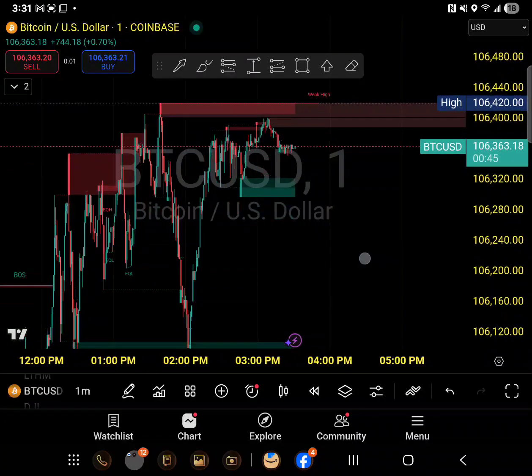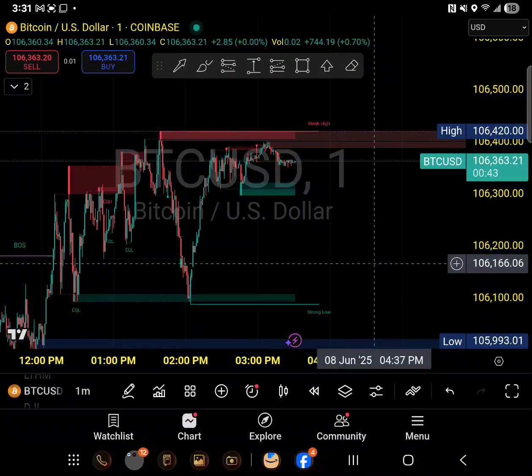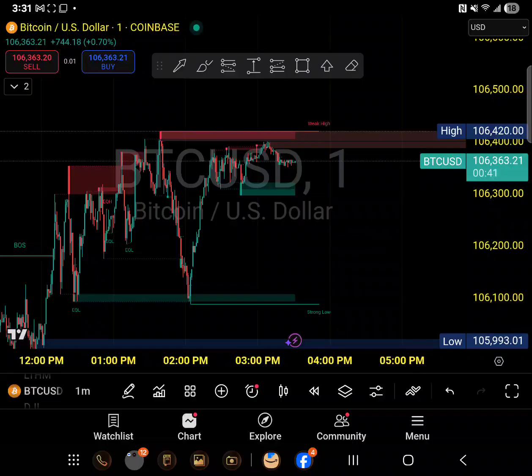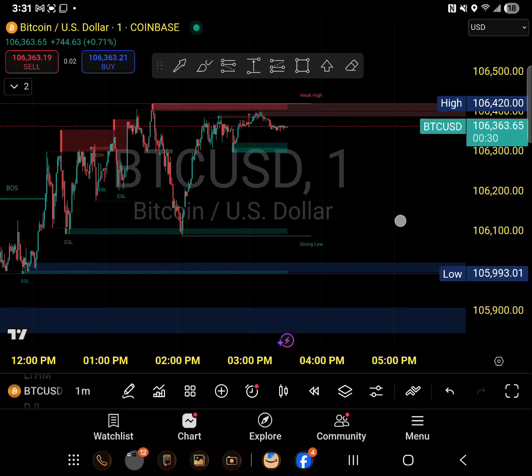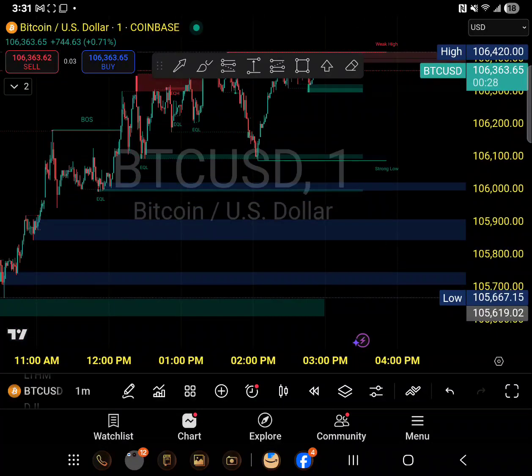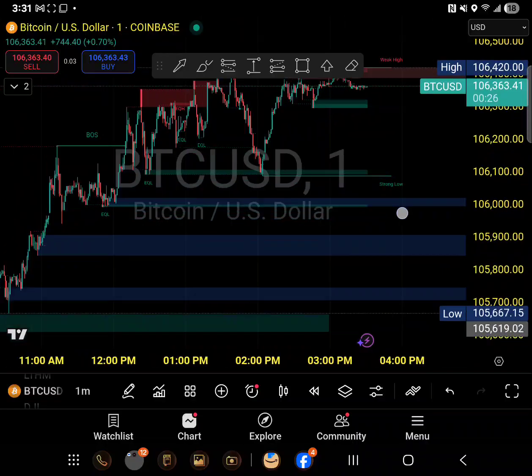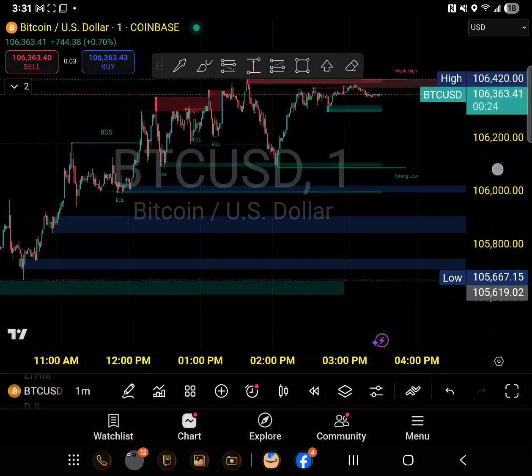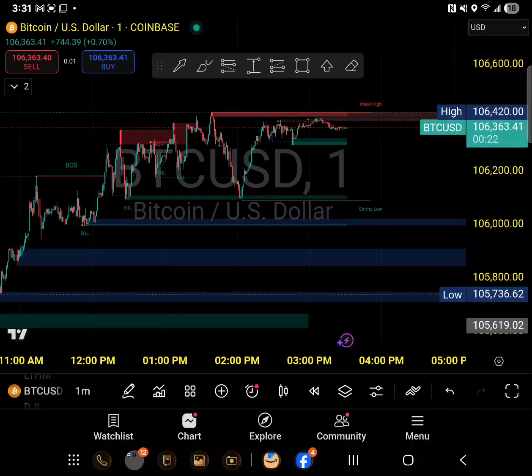All right, guys. So for today, I think this is the best I can do in providing insight into how I look at the market, how I look at the structure, and how to trade those kinds of structures. So always look for the cheap premiums. Always look for the cheap premium from where the momentum started in the previous day or the same day or within like 15-20 minutes. Always look for those zones